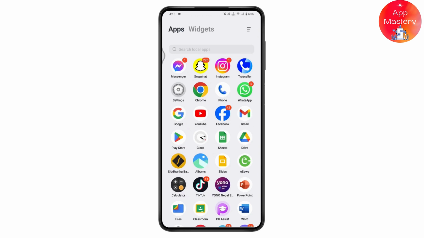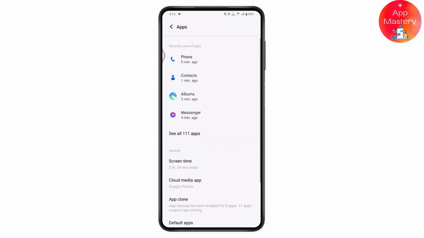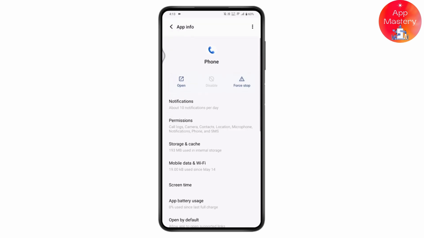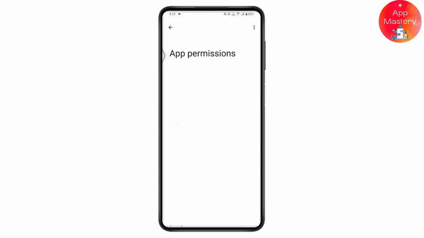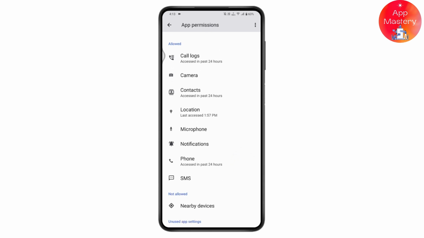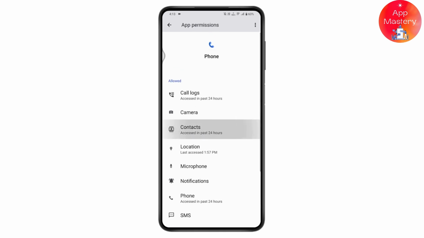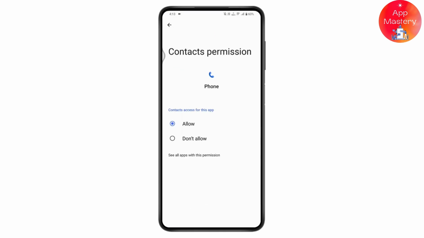open up your settings. Once you've opened, go for the applications and go for phone. Open up your phone on your settings, and here you just need to go for permissions. And under permissions, if you have not allowed the access of the phone, or if you have not allowed the access of your contacts, then you just need to go and access the contacts. So here I have allowed the contacts permission, so make sure to allow that, and once you've allowed, your problem